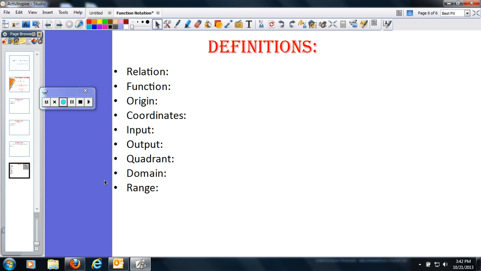Because there are plenty of definitions for the word relation, but I'm looking for the one in terms of mathematics. So a lot of these you're probably going to have to look in a math book, which you all should actually have. So these are going to be the definitions. I've left them up here plenty long enough by now because you guys can just pause the video and write these all down. So I'm going to go ahead and go back to the first slide here,